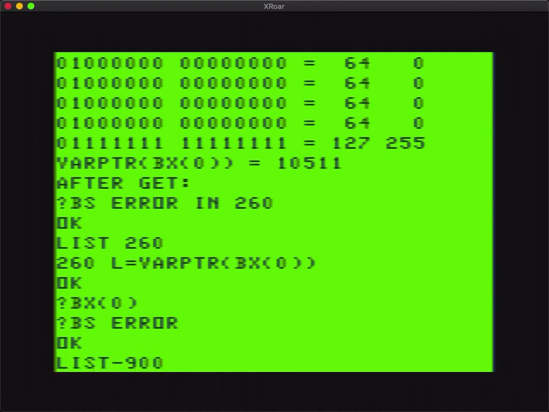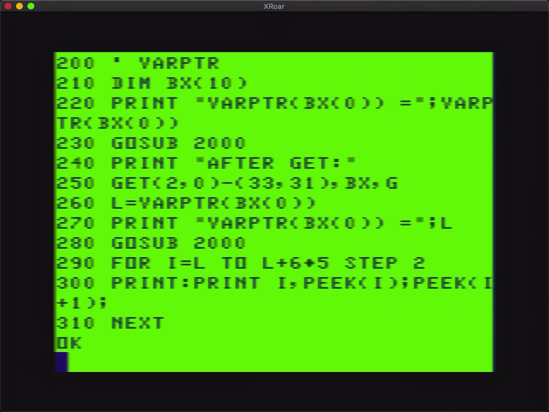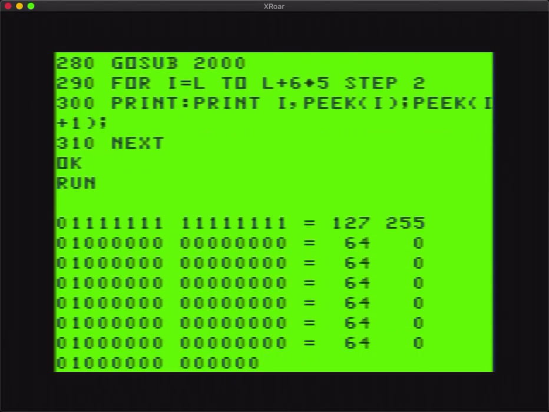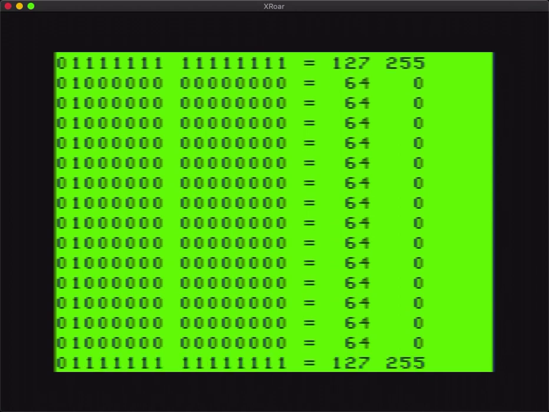We have something that got corrupt by what I just did. That comma G is expecting something different. The normal get and put seem to be working just fine this way if they're even byte aligned. But this being off by 1 and using comma G, that has changed how it's putting stuff in memory. So we're going to cheat a little bit. We're going to look at where that variable is in memory for BX,